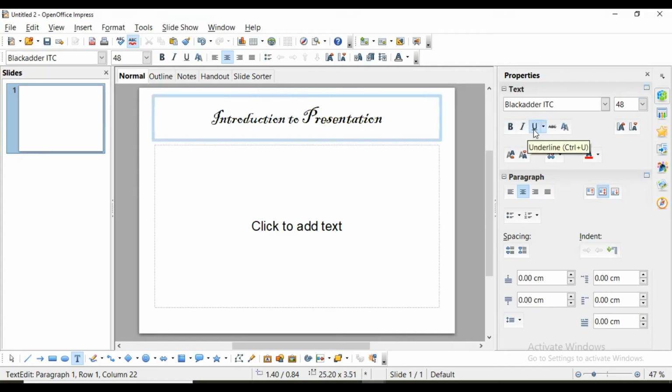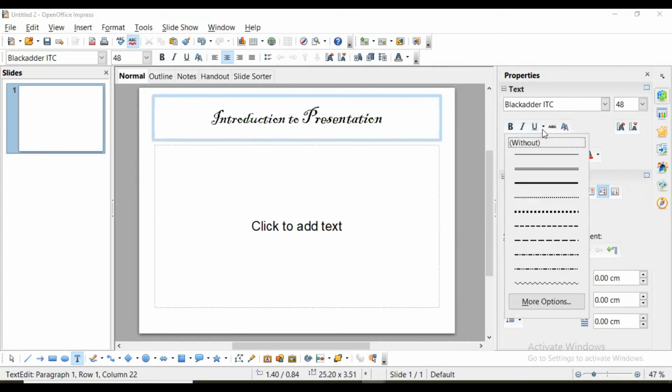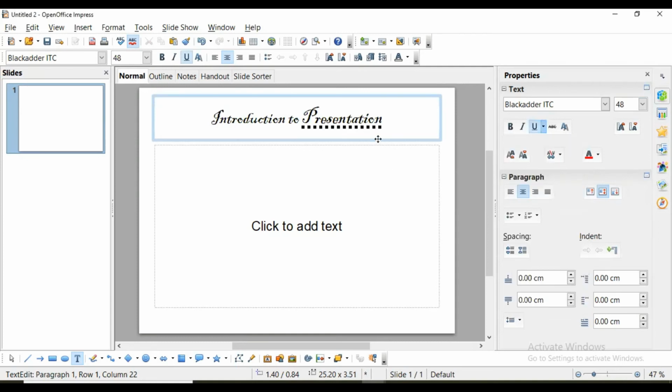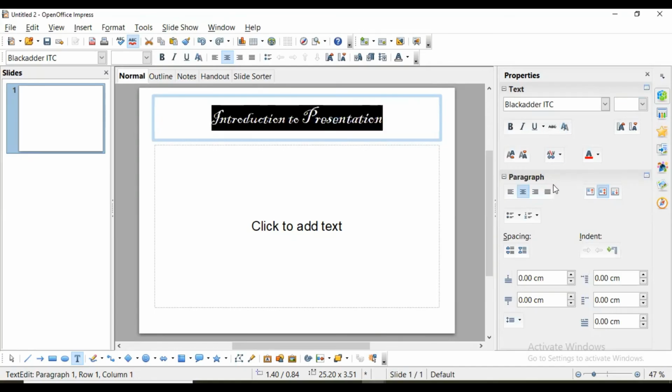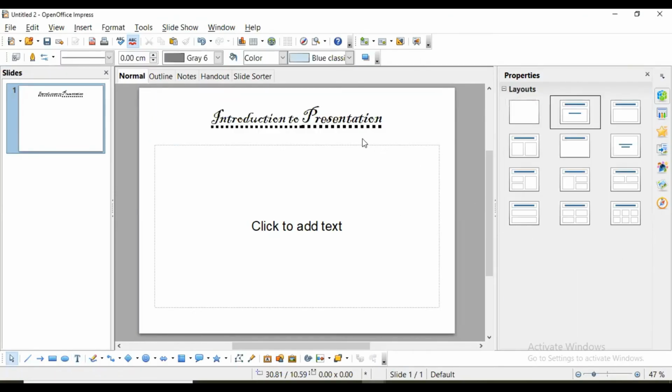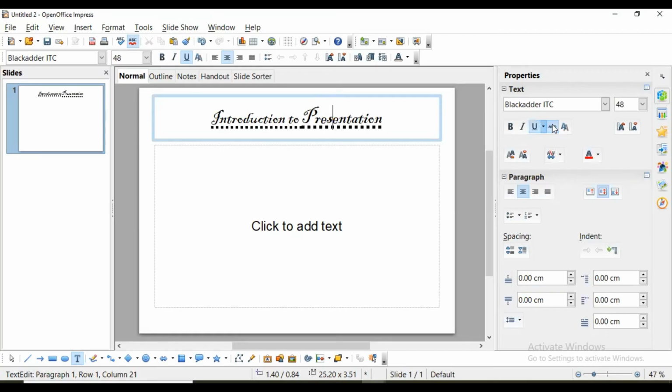This is bold, italics, underline, and in underline you have different options of underlining like this. Okay, so whatever text you are selecting, it will be applied to that part. Okay, for example this, like this. Okay, then this is strike through effect.